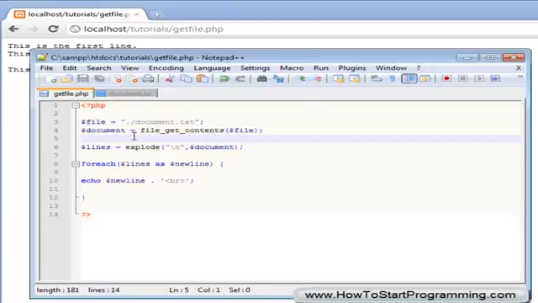But the problem is that it's formatted in a text file, so new lines aren't recognized by HTML. So we make a new variable called lines, and we explode document by each new line. Then we simply create a foreach loop to look through each and every line in the result we got from the explode, and we'll echo out the actual line and then a break. So we save this,